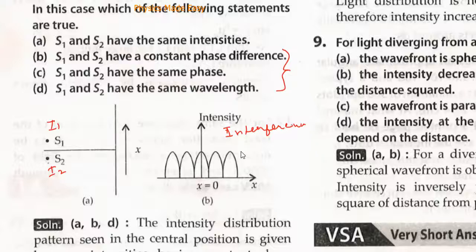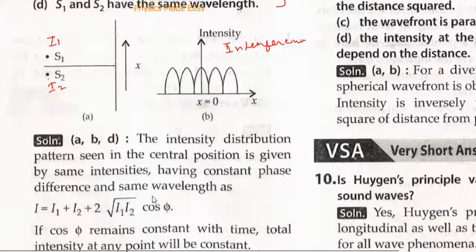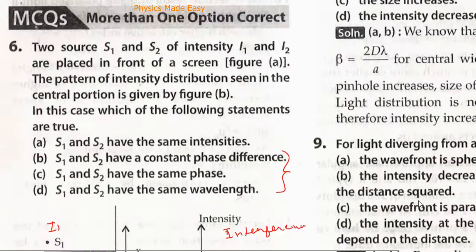So B, C and D, all the three may be correct. In fact, they are correct, not may be correct. And the next case